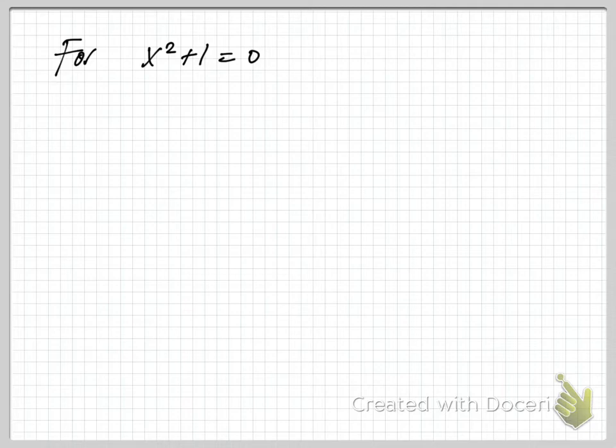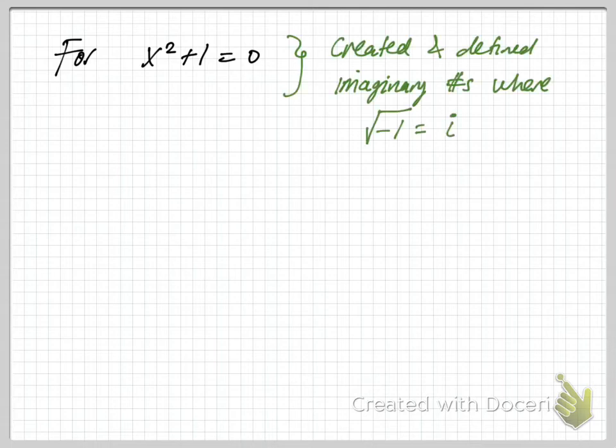Majority of the people that we know, the usual folks, we just know the real numbers, the ones that our calculators have been showing us. So what we did is we expanded our list of real numbers to create something called an imaginary number. And it was kind of based off this simple equation, and we said, I want this to have a solution. So we're going to create this thing called an imaginary number, and we're going to label